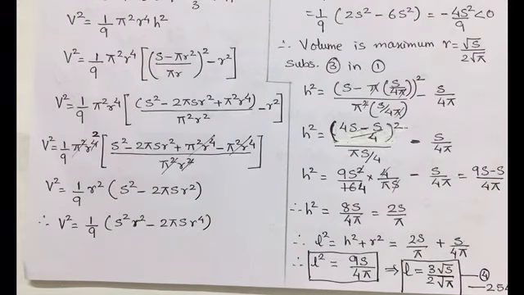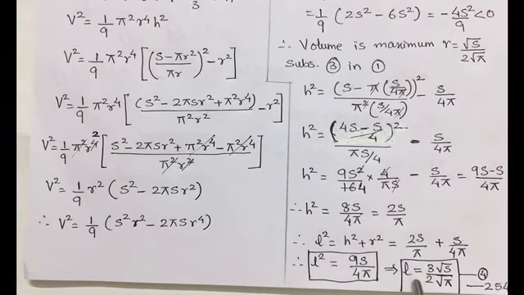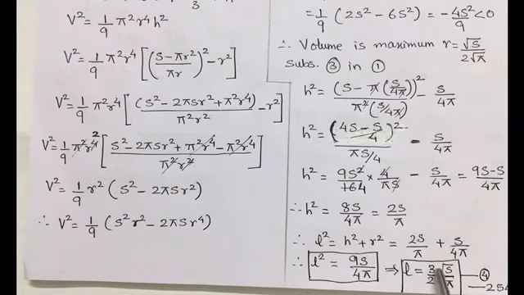Now from the semi-vertical angle, perpendicular is R and hypotenuse is L. Sine is R by L. So calculating the value of L from L square equal to h square plus r square, substituting the value of h square and r square as S upon 4 pi, taking the LCM, we get L square equal to 9S upon 4 pi, and L becomes, by taking the root, 3 by 2 root S upon root pi. This statement we will mark as 4.